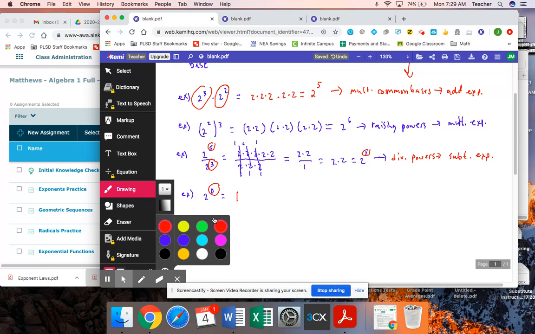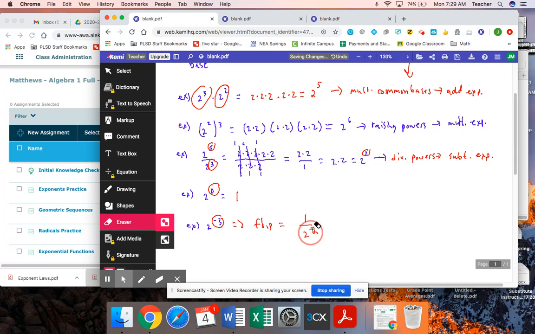All right, I see we're about to run out of time here. And whenever you have a negative exponent, it is the flip. You flip it. So it's going to be 1 over 2 to the positive 3. All right, we'll get into some more examples of all of this here in a second, but I just wanted to get them down. See, this is like 2 over 1. When you flip